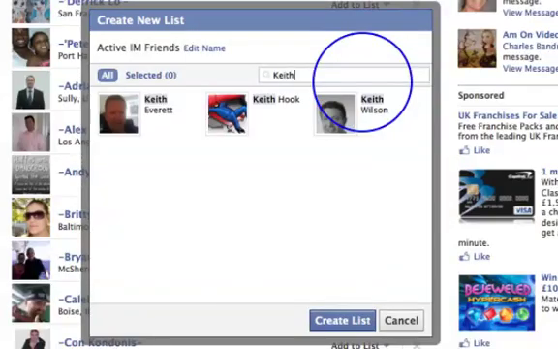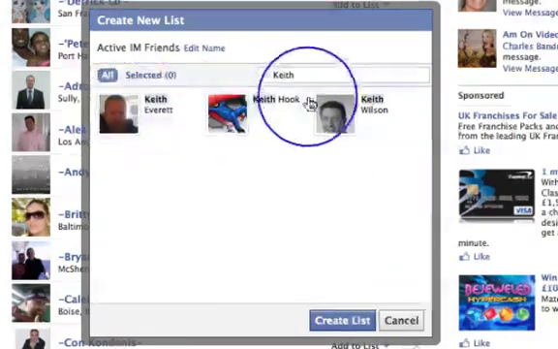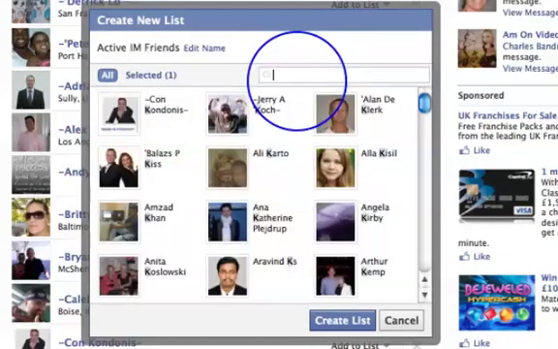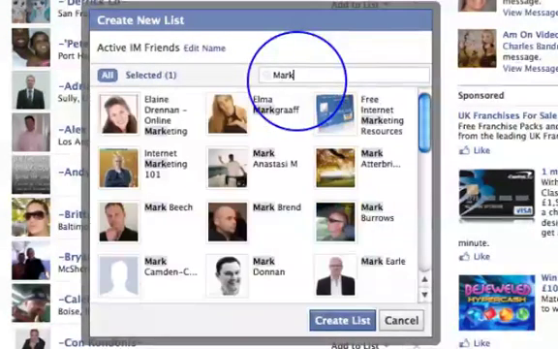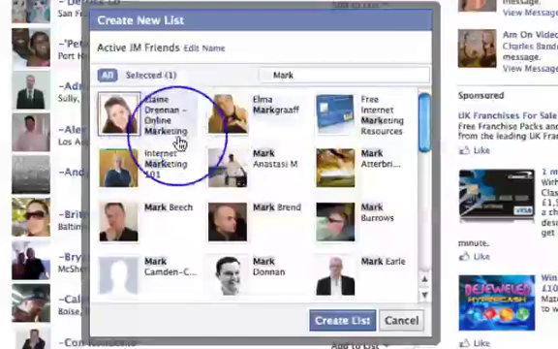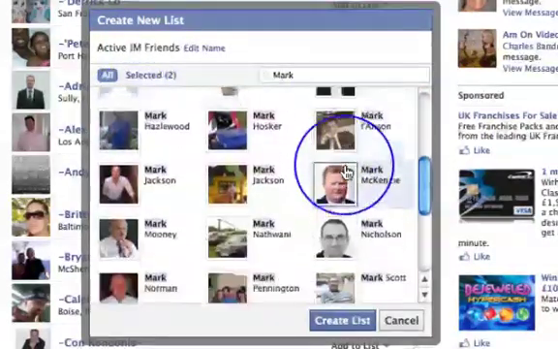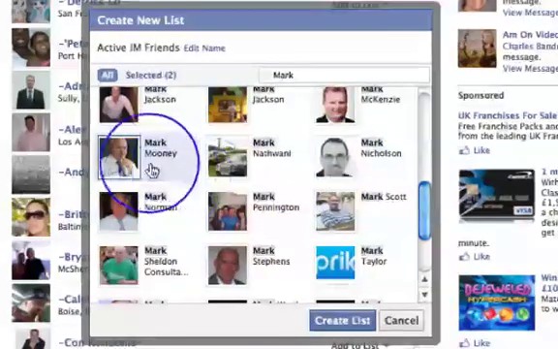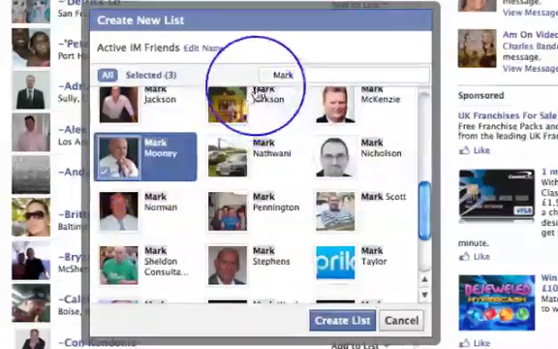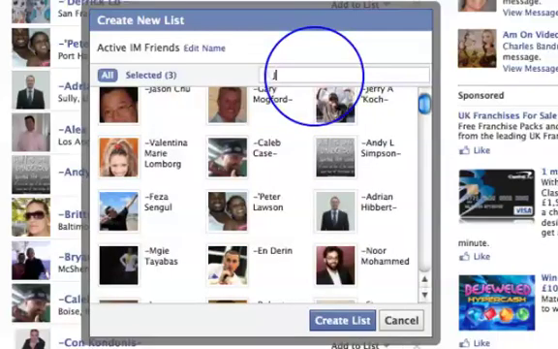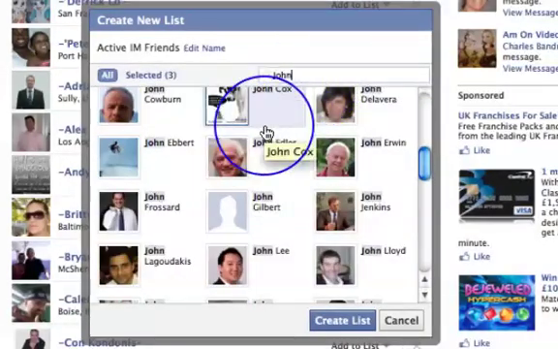So I'm going to find my friend Keith there and select him. If I find my friend Mark and select him. Oh, there's Elaine. Let's grab Elaine as well while we're here. Mark. There's lots of people on here actually that are very active, but I'm just picking a few that I speak to on a very regular basis. John,